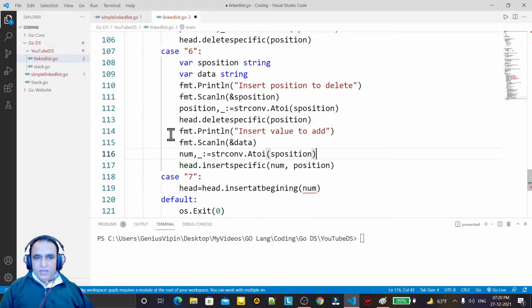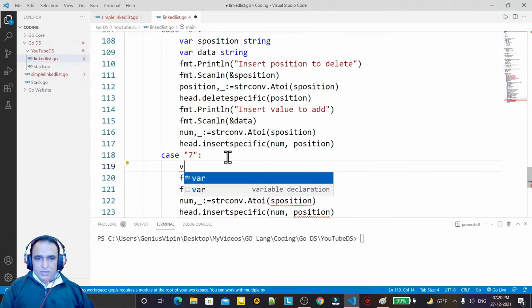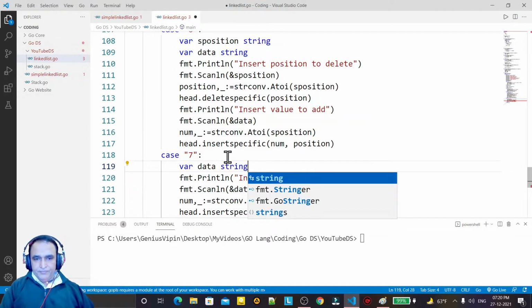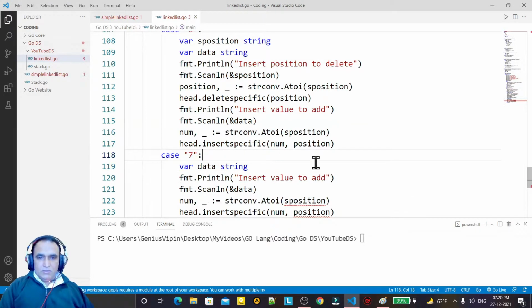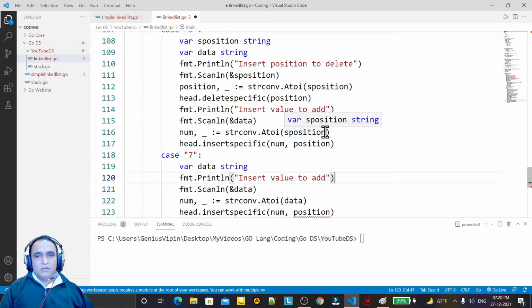Insert at beginning, that means I have to take only this portion. So I just paste here and I say var data string. So like this, and here I have to pass data, and here I have to pass data phone number.